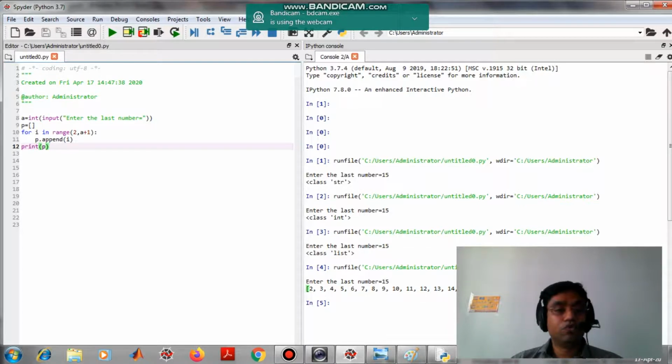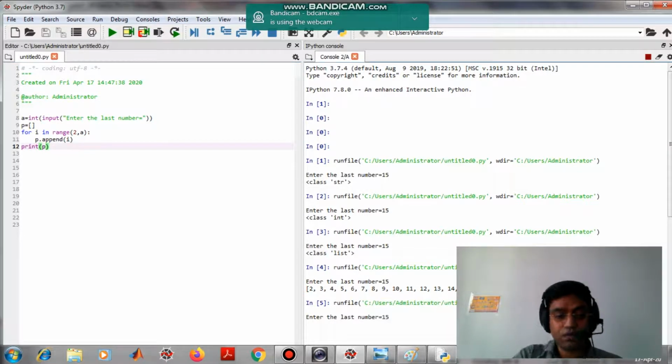Suppose you have to write code from line number 8 to line number 11 and there is an error. Write your code up to this line, and check whether our code is working fine or not. You just write a print command, print P, and run this code.